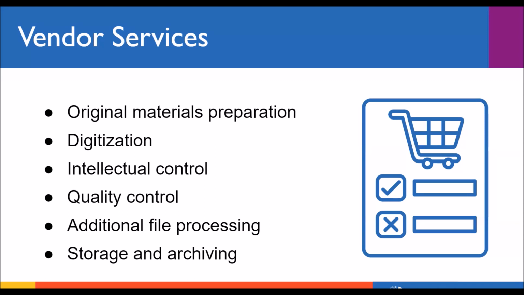So these would be things like documenting things about the material. These are usually more for objects or audiovisual material, that sort of thing, where you're talking about like film shrinkage or if there's damage to the material. But it could also be things like blank pages or things that are cut off, things that you wouldn't know unless you looked at the original object, but you don't want to go back and look at the original object. You're hoping that the vendor will push that information to you.